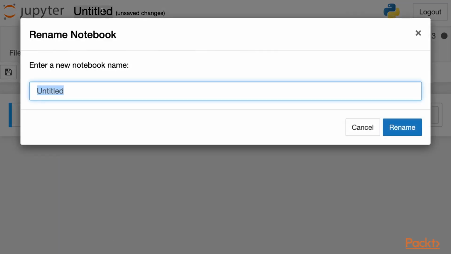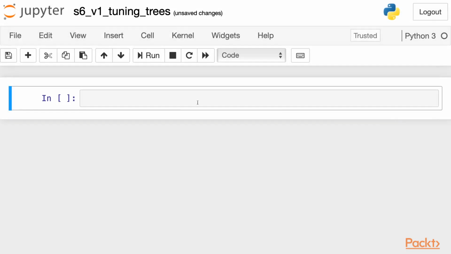And we can rename it as usual S6 for section 6, then video 1, V1, and then you can call it tuning trees. And we start with importing our get data function, where we've put all of the functionality to get, convert and prepare the data so we can use it with our models. So let's do that now. So from BP section 1 video 5 data, import get data,